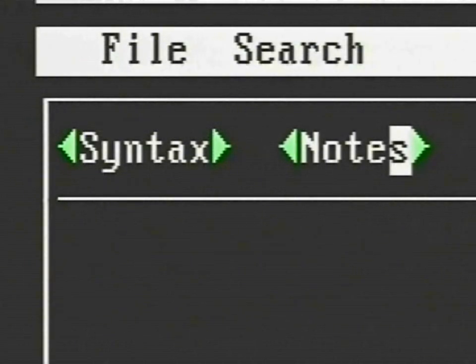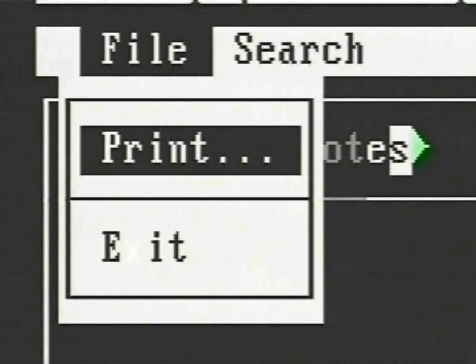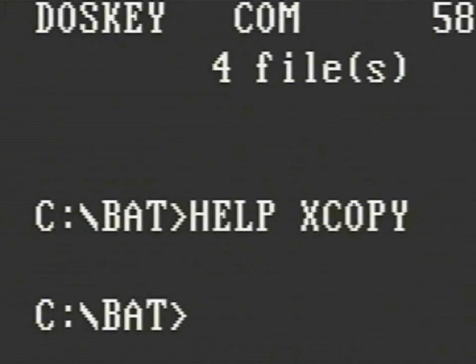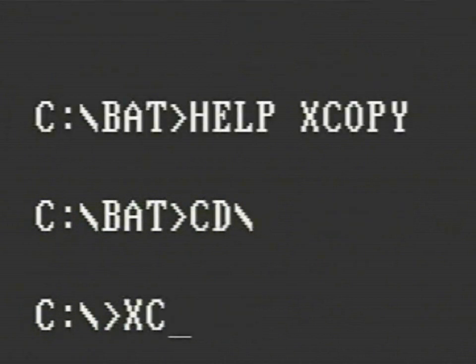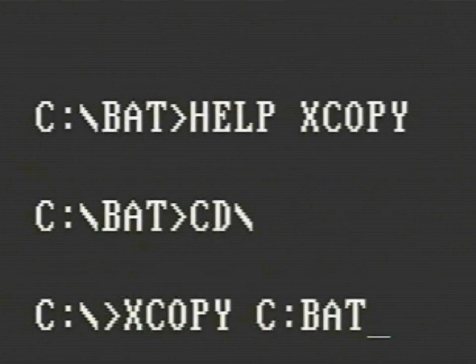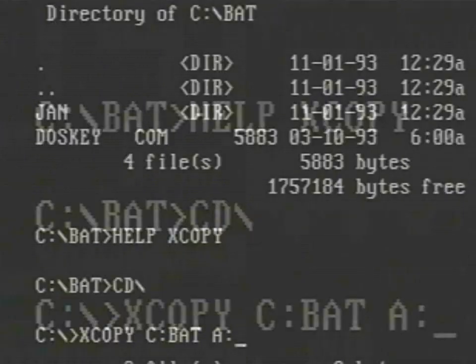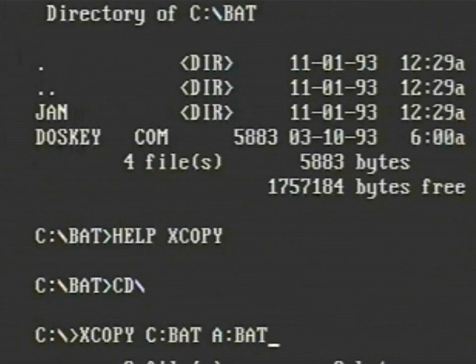To get out of help, click on the File menu or press Alt and F to pull it down. You can print out the help screens here or exit to the DOS prompt. Press X to exit help. Once you are back at the prompt, type CD/ to return to the root directory. Type XCOPY, a space, C:\BAT, space, A:\BAT, space,